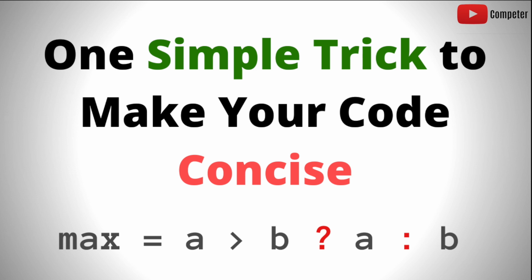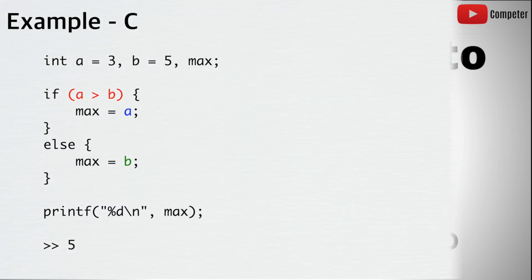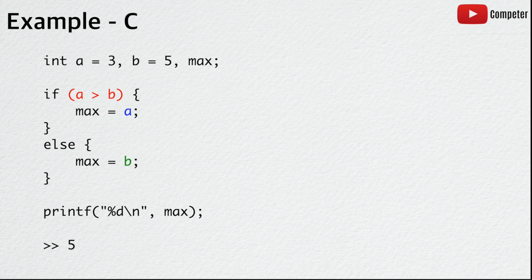Today, I want to share with you one simple trick you can use to make your code more concise. Without going into the details, let's look at an example first. Here is a simple C program that prints the larger number between A and B. As we can see, the majority of the program is the if and else statement that assigns the larger number